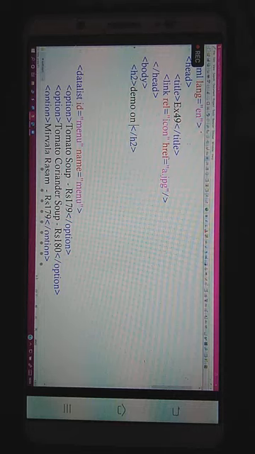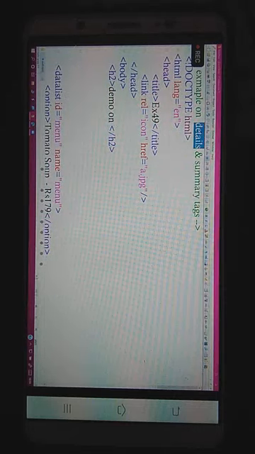Go to the tag explanation. What is details and what is summary, sir? If you observe the name of the tag,